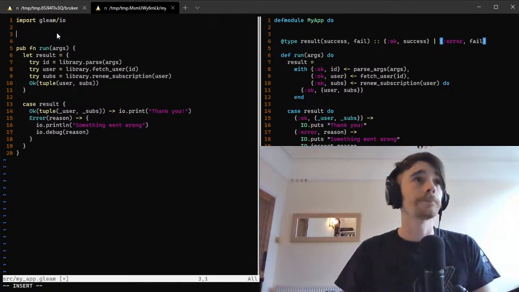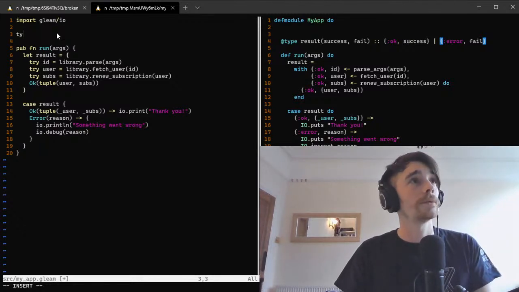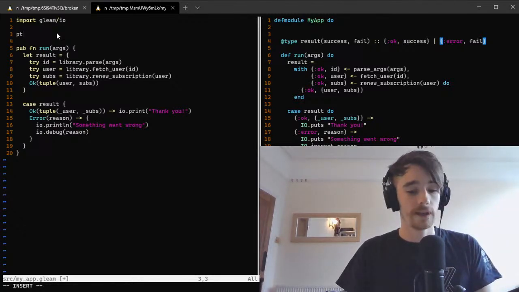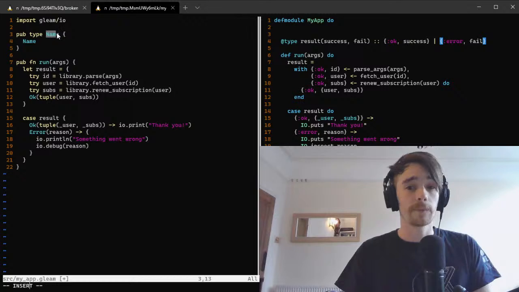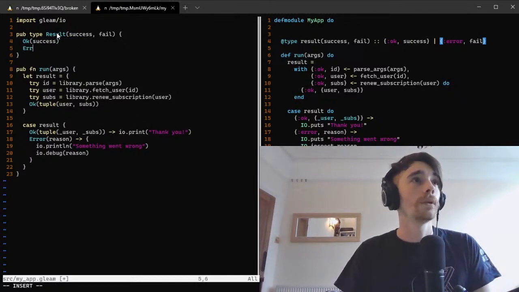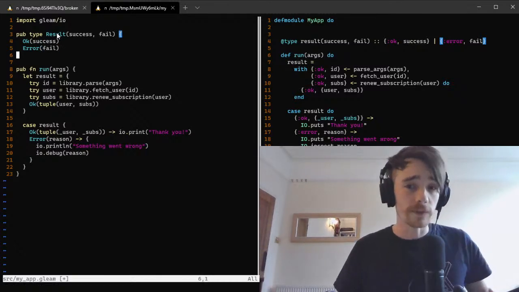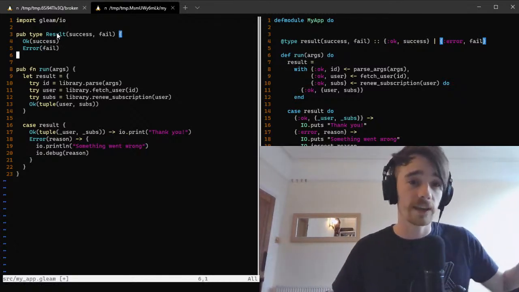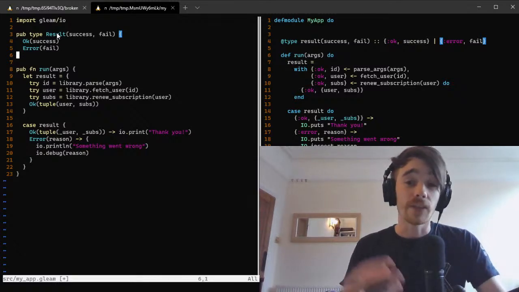So in Gleam, we would write it like this. We would say this is a type. We're going to call it results of success and fail, and it's either an OK or it is an error. So we define a type, we've got two constructors, an OK constructor and an error constructor,